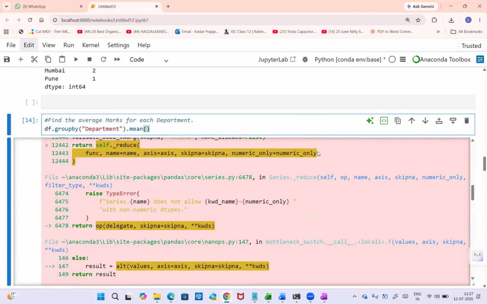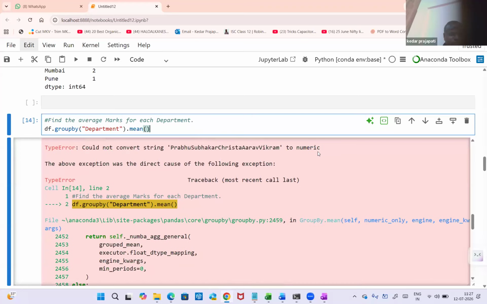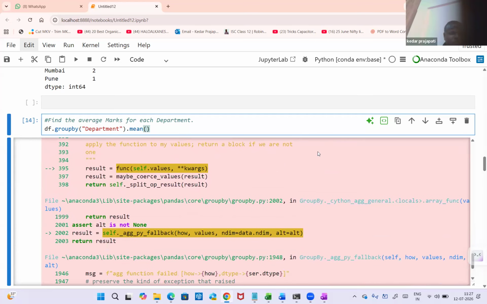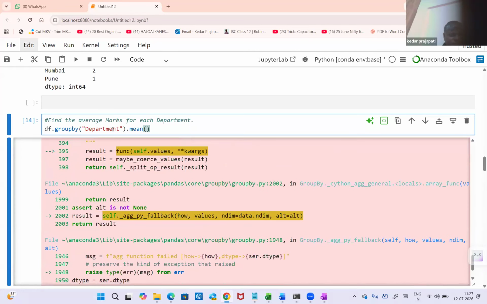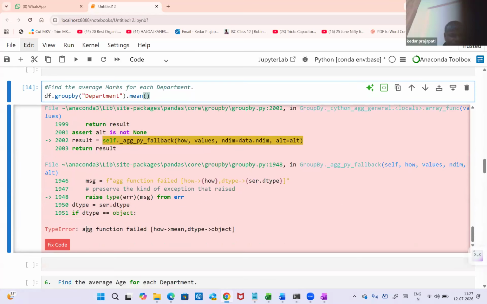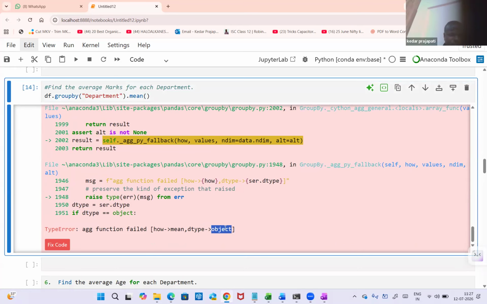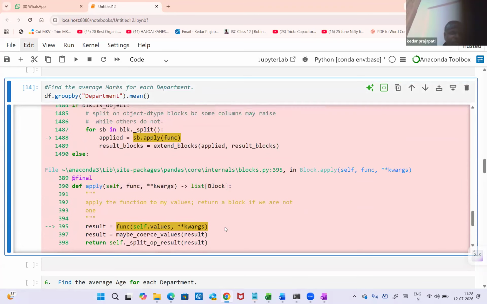Yes. So I'm trying to show you guys why it is giving an error. Department is a string. We cannot calculate mean from there. Okay, aggregate function failed. Mean data type, you cannot apply mean on object. So object is string here. Right? So now